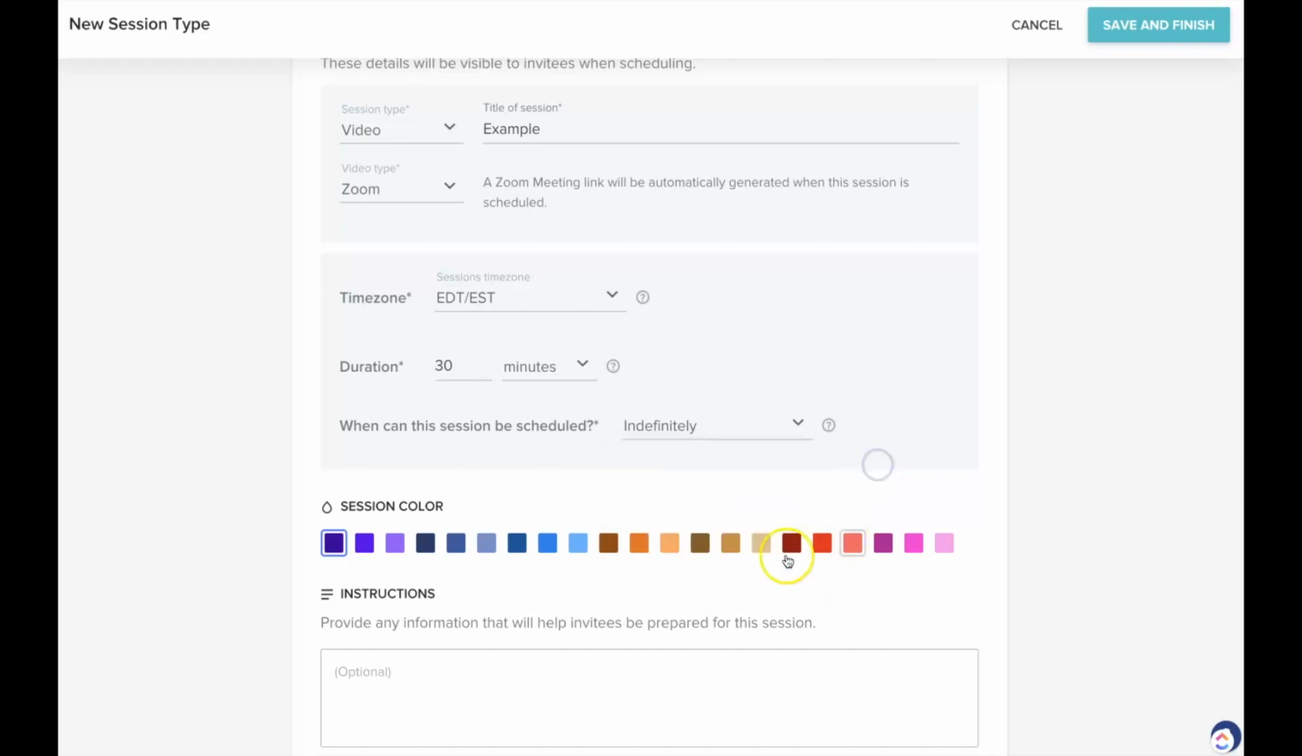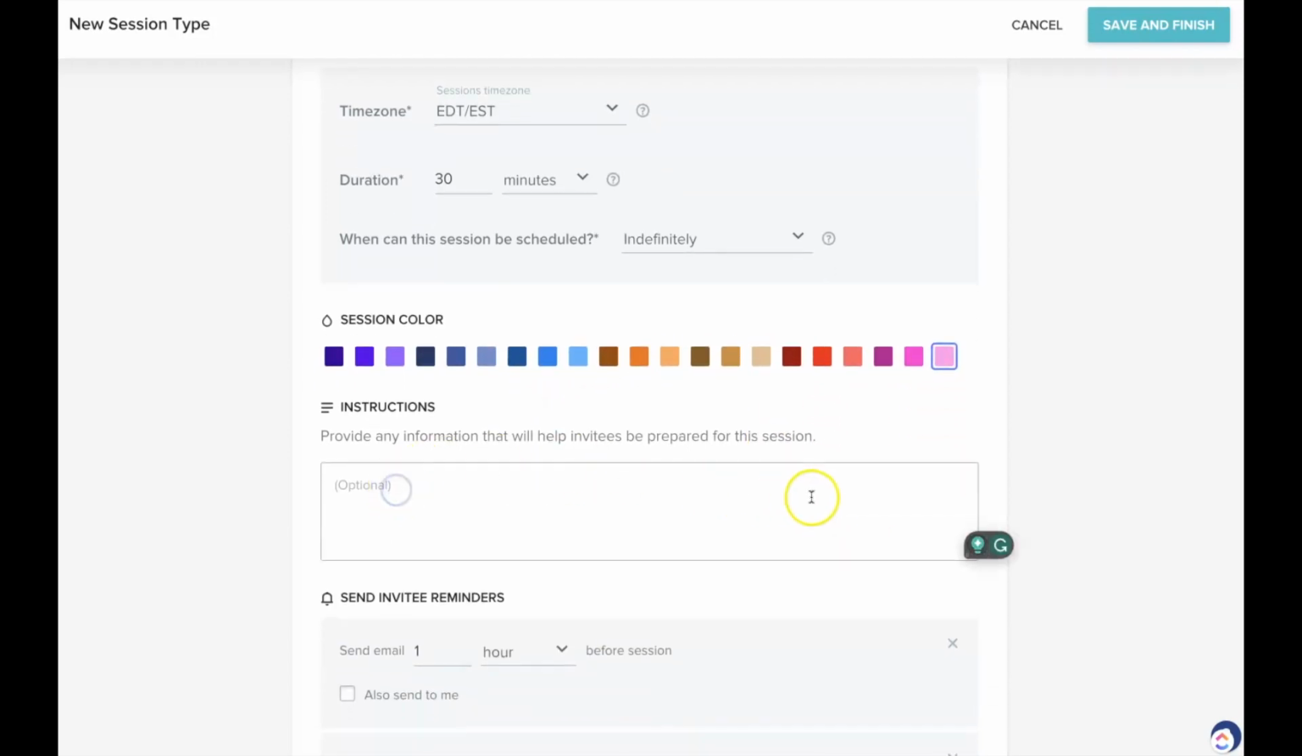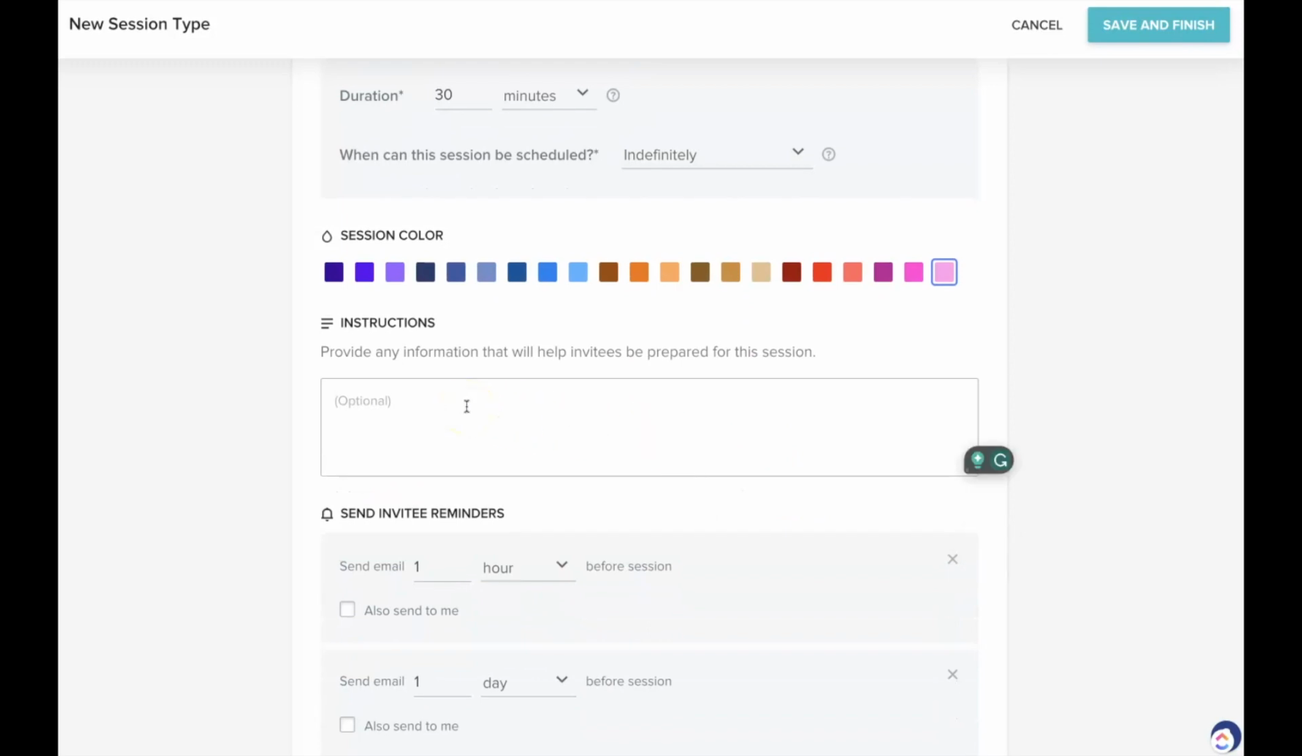Okay. Session color. This is really nice to coordinate so that you can see as it pops up on your HoneyBook calendar exactly what type of meeting it is. So maybe I want to do this bright pink. And instructions. So these are the instructions that your lead will see when it's time for them to schedule a session. So if you want to give any instructions here, this would be the place. So information they may need in order to prep for that session as well. So I'm just going to type instructions